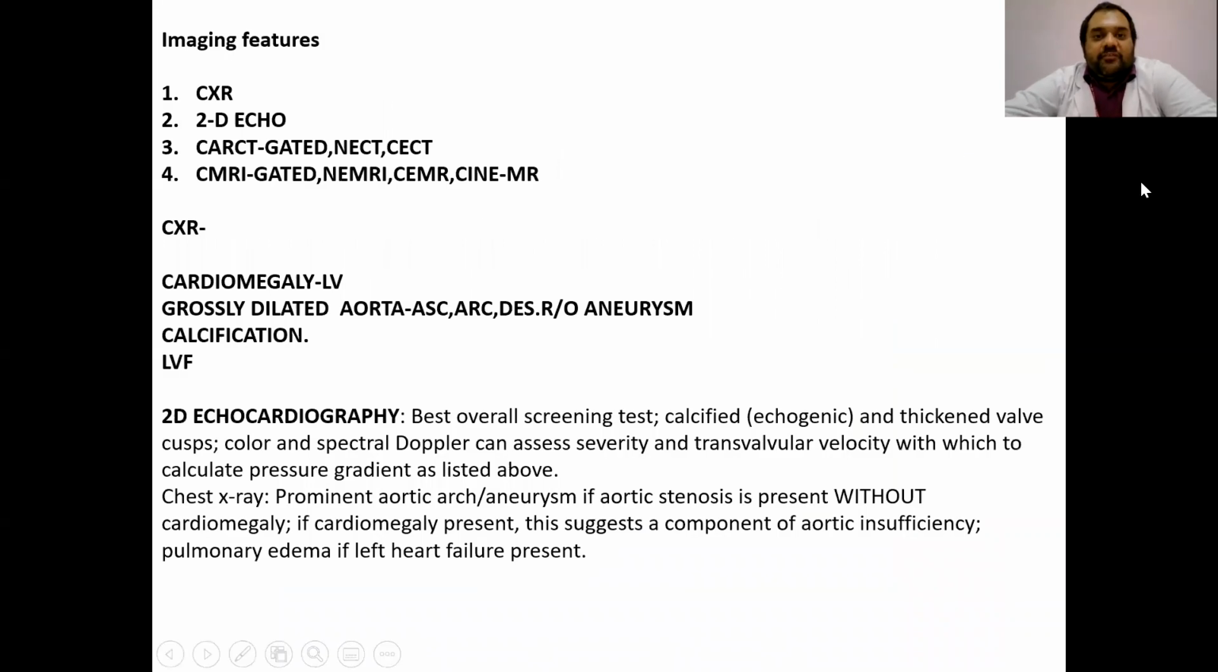Imaging features of aortic stenosis: chest X-ray, 2D echo, NECT, CECT, and cardiac MRI, including gated MRI, contrast-enhanced MR, and Cine-MR. Chest X-ray features: they give cardiomegaly, which is predominantly left ventricular enlargement, and a grossly dilated aorta,